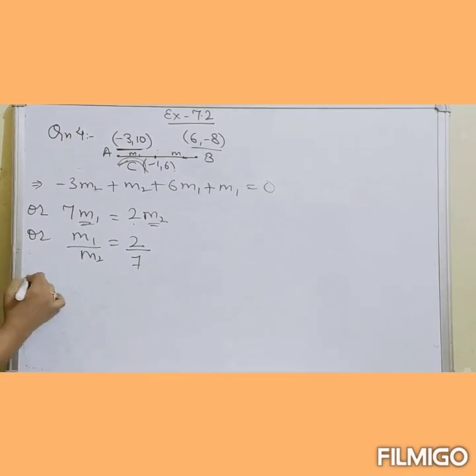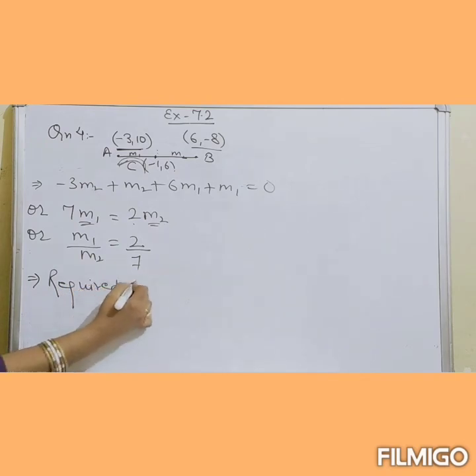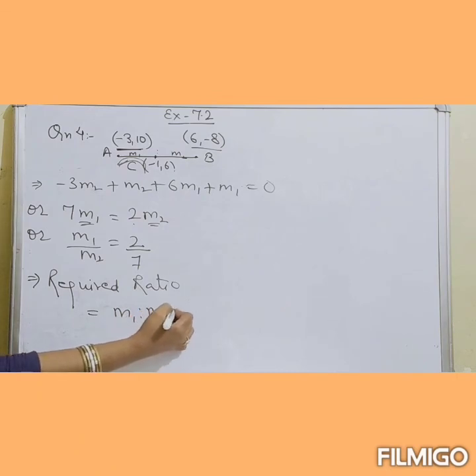That means the required ratio will be equal to m1 is to m2, which is equal to 2 is